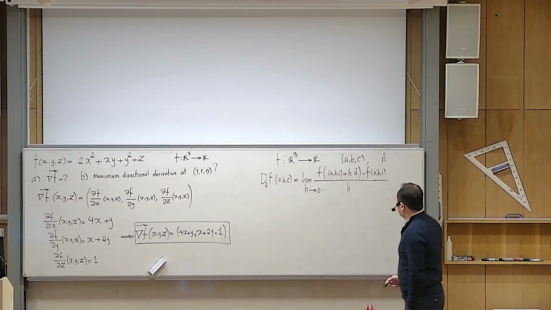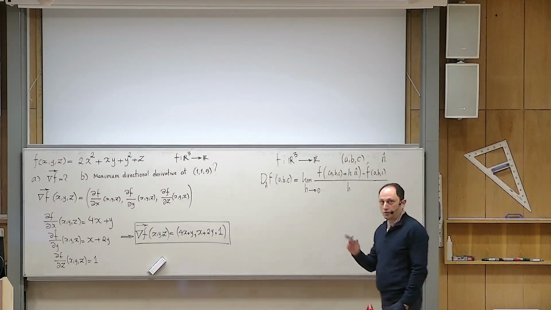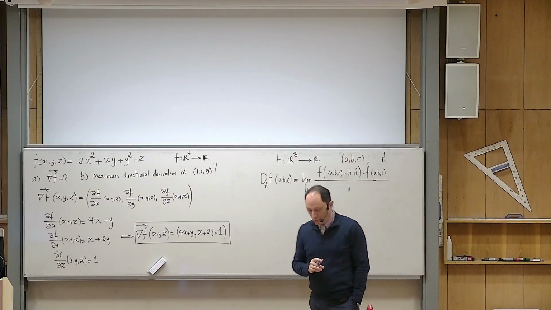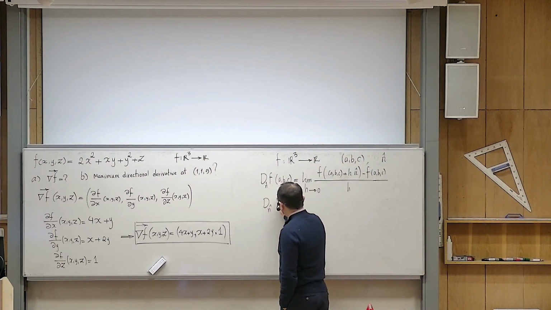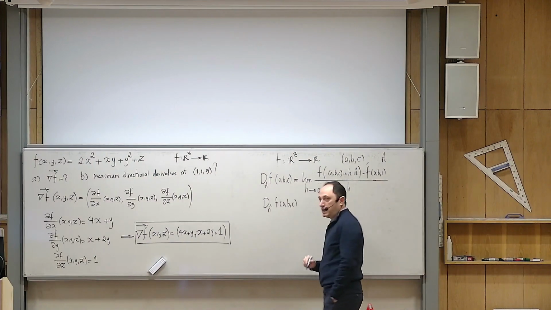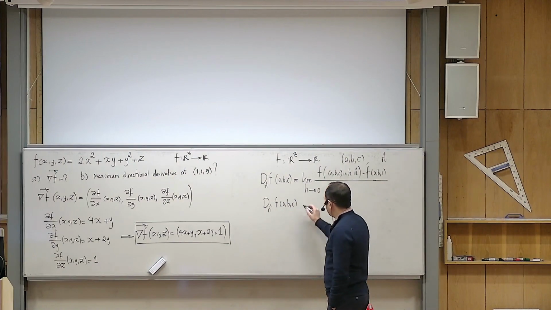Okay? So that is the definition of the directional derivative, but it can be shown, as it is shown in the course book, Adams, that the directional derivative of the function f at point A, B, and C with respect to the unit vector n is equal